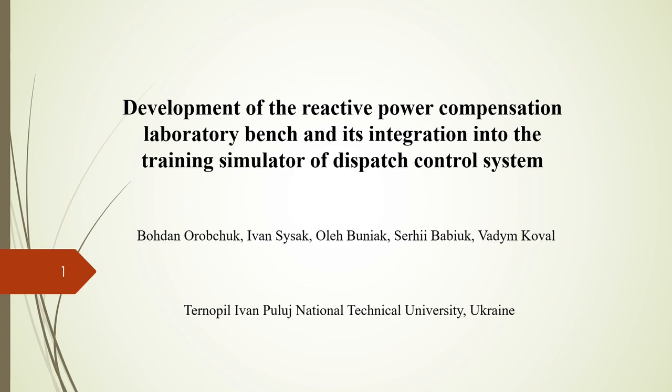The development of a laboratory bench designed for the investigation of the impact of reactive power compensation in current consumers on voltage and energy losses in power transmission lines, and its integration into the training simulator of the dispatch control system, is considered in this paper. The most effective way of compensating reactive transmission parameters at industrial enterprises is the use of